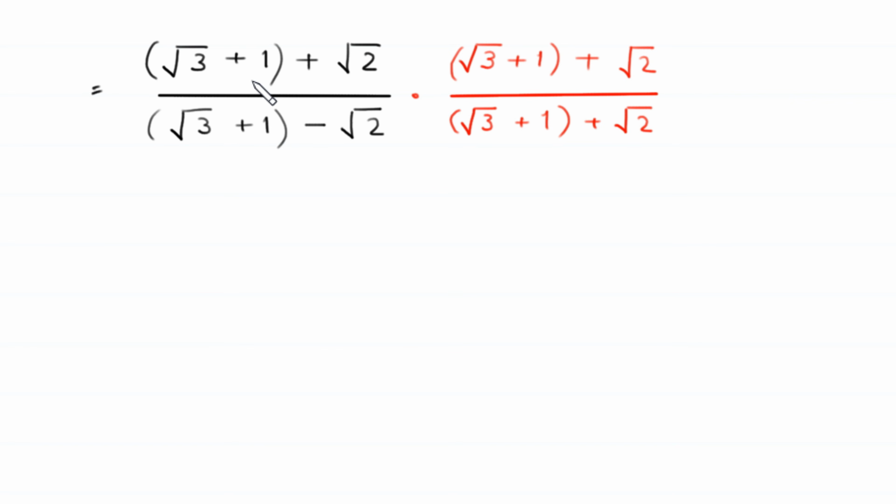Now in the numerator we have same expression here times same expression here, so this will become whole squared like this, square root of 3 plus 1 plus square root of 2